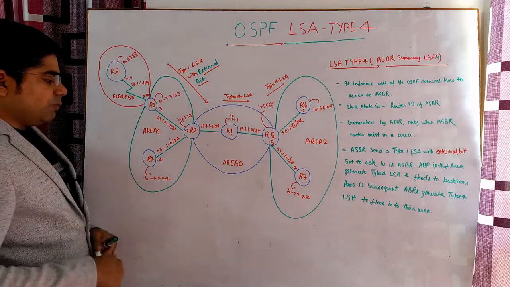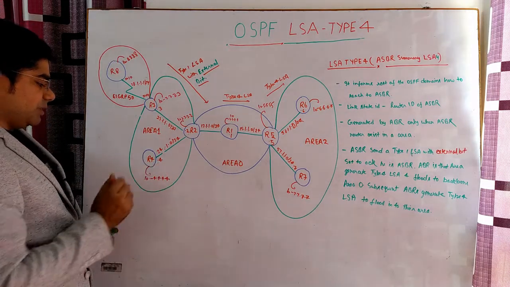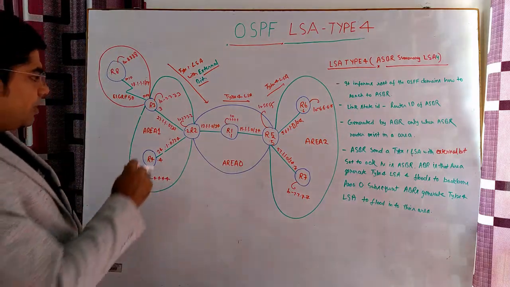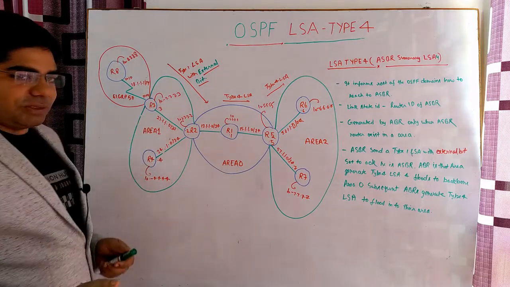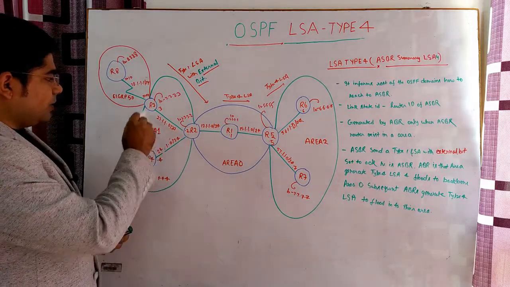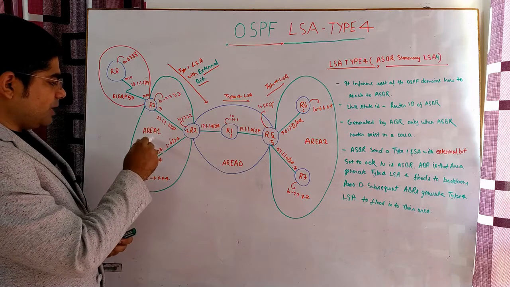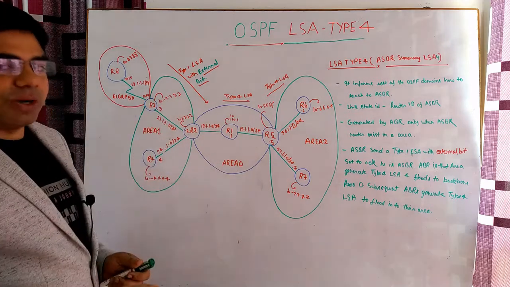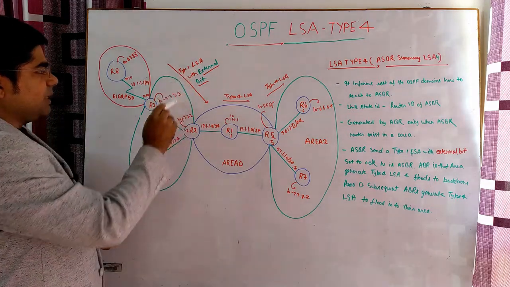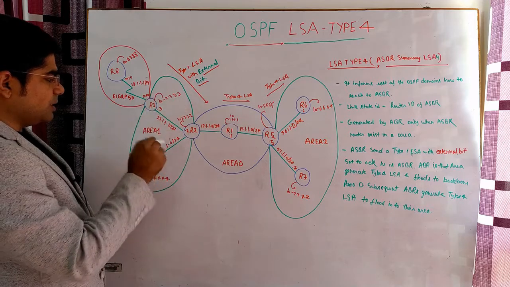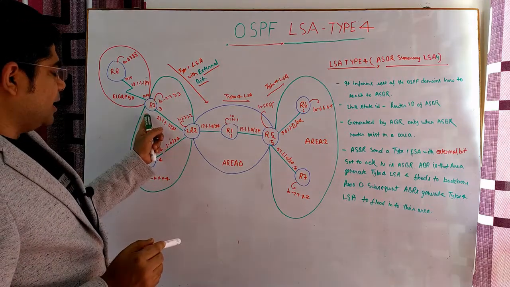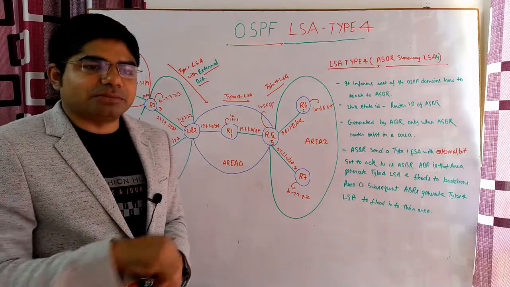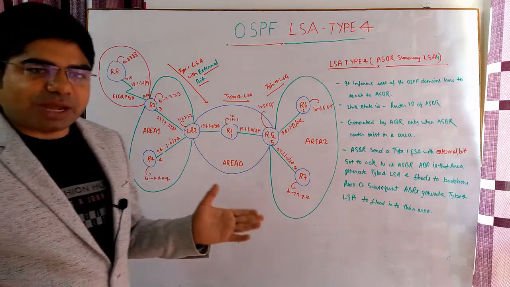But if you look at router 4, you will not find this LSA. Why? Because type 4 LSA is not propagated into the area in which the ASBR is. It automatically knows it is in the same OSPF area, so it knows by default which is my ASBR router, because the ASBR generates a type 1 LSA with the external bit on. So all the routers in this area will come to know that it is connected to an external area. So this is type 4 LSA. I think you have a clear idea about type 4 LSA.